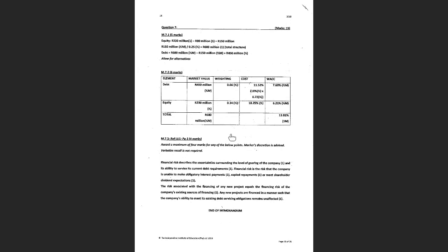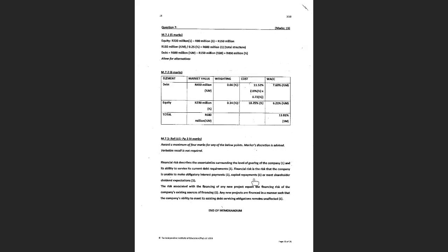You must lay it out like this, and then you will not lose any marks, and you'll find your workings easier to do as well. In the first column, you're going to list all the different elements that make up your capital structure. In this case, we've only got debt and equity. Then your first column must be the market value or the book value, whatever they've asked you to use to